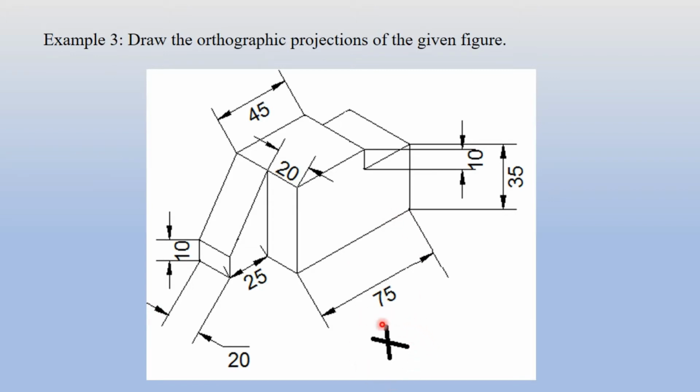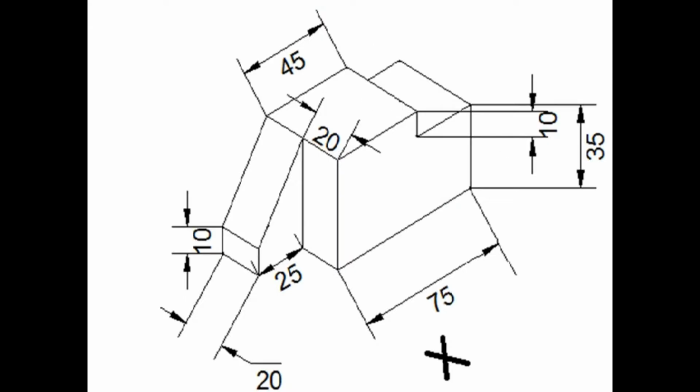But as the cross mark is here, this portion will become the front view, and we have to draw the left hand side view from this perspective, and we will have the top view. So this portion will appear in the front view. Please observe that this rectangle will not appear in the front view because it will appear in the left hand side view. So we'll see one more time what will appear in the front view, top view and side view of this figure.